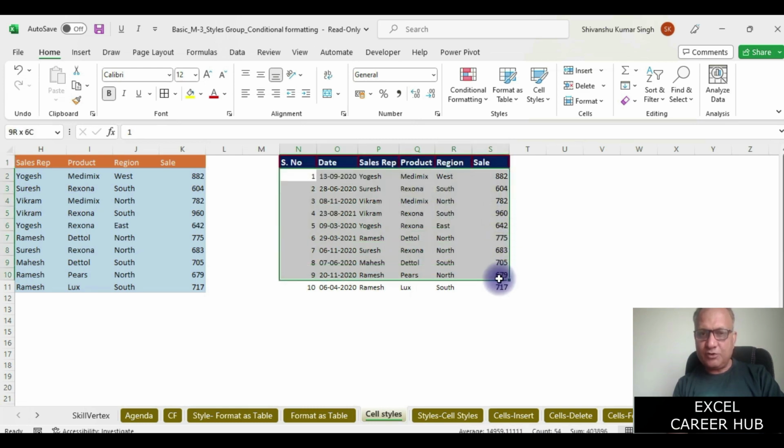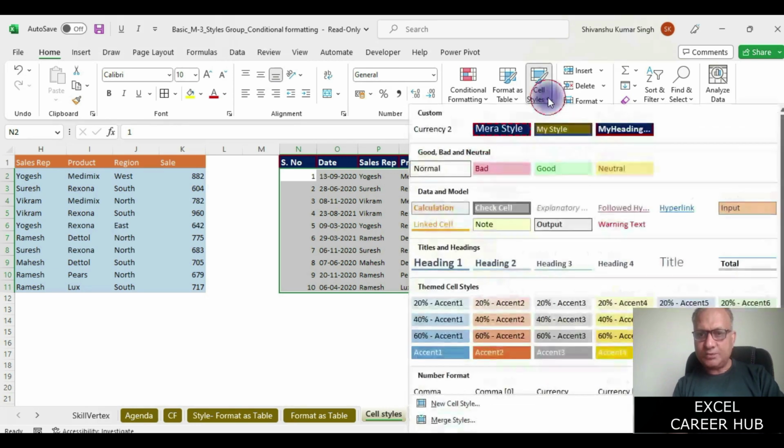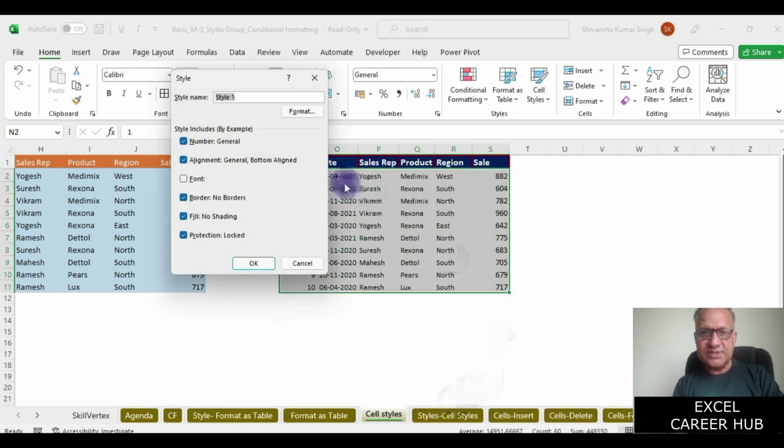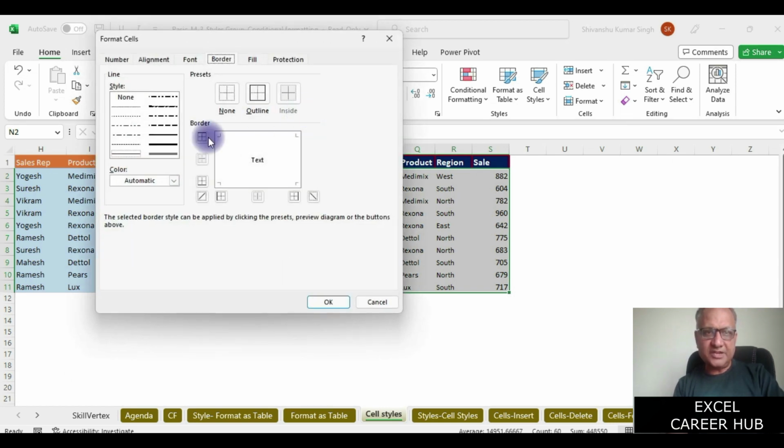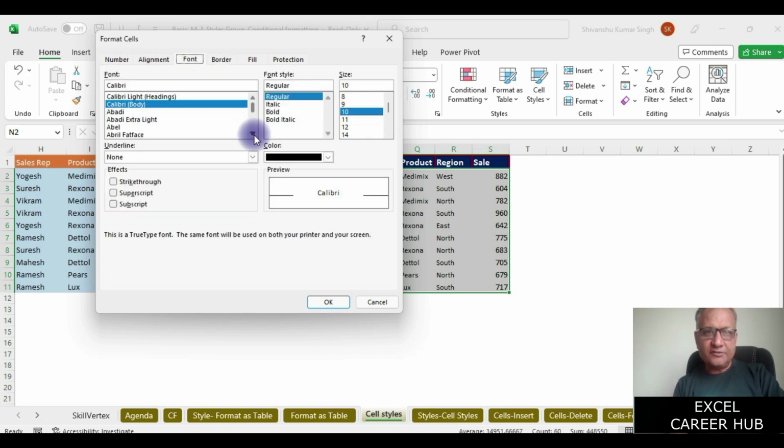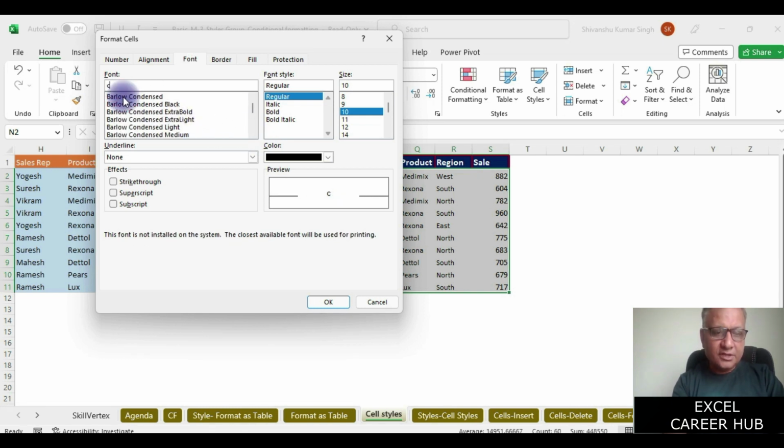Similarly, if I want to create a style for my main body area, I go there and choose new cell style, and I want to give it the name main data style. I will just give it a name, an arbitrary name. You can give any name, and to this formatting I can decide various things. I can decide the font type which I want to give. If I want to give Calibri or any other font style, I can choose from here. If I select Calibri,